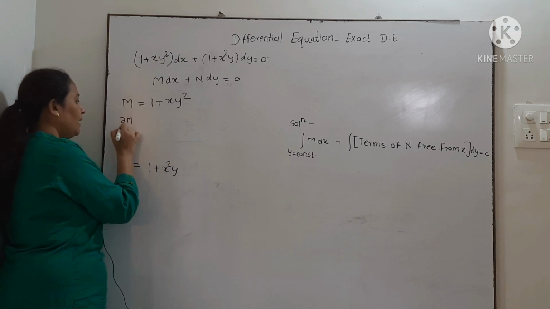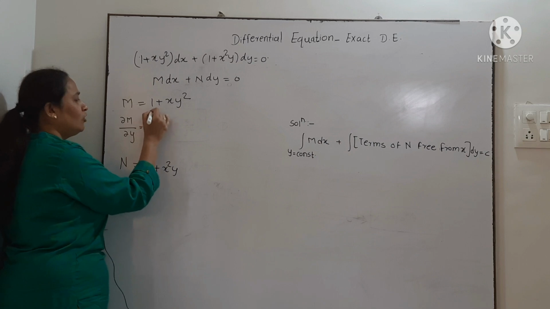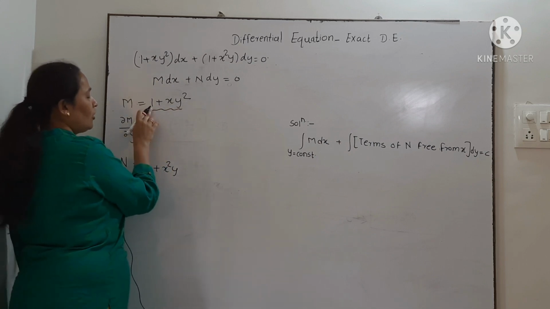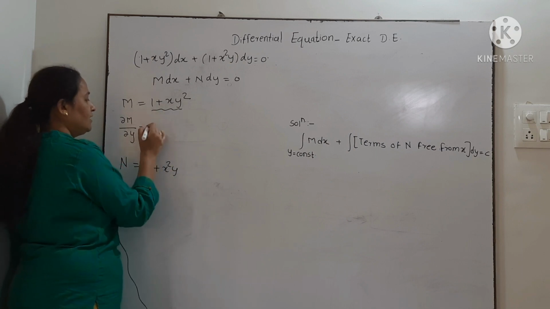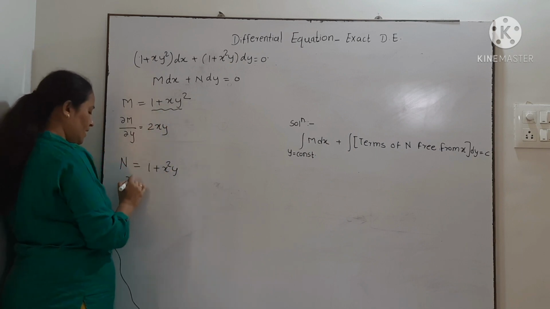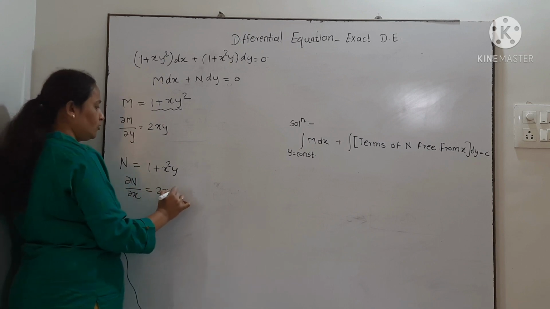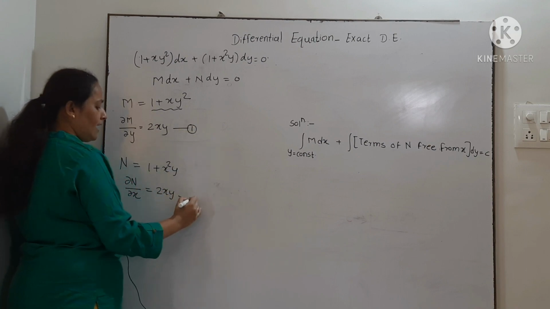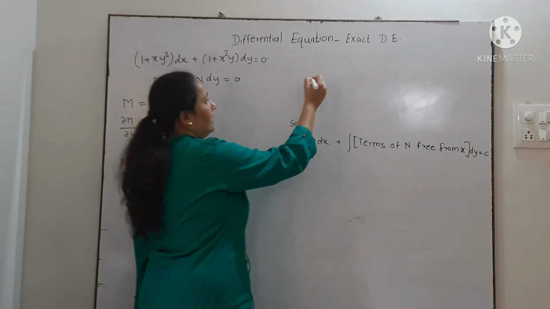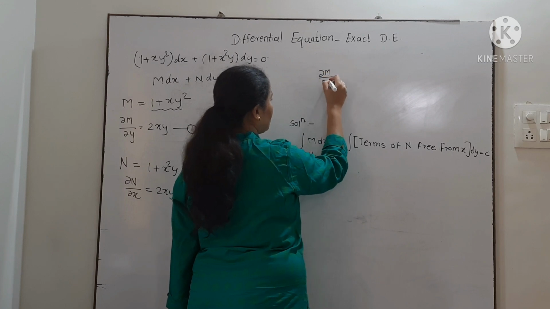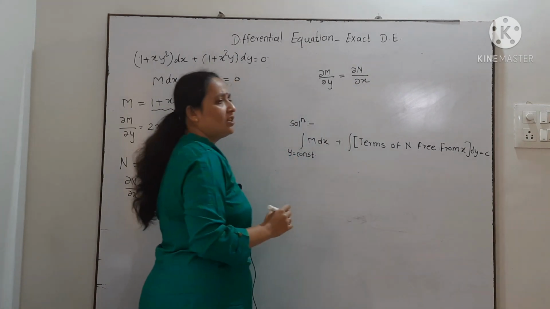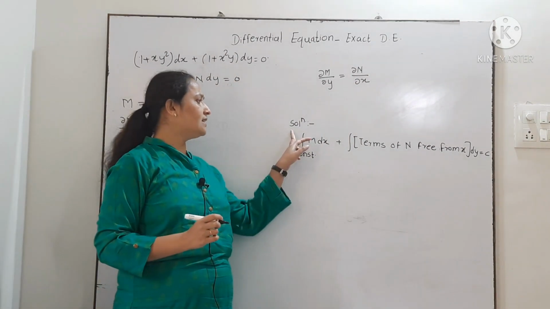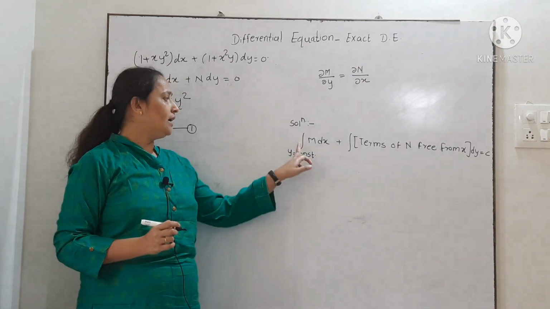Now, ∂M/∂y, that is the derivative of this with respect to y. 1 is constant, the derivative of a constant is 0. The derivative of y square is 2y and this x, so this is 2xy. Similarly, if I find ∂N/∂x, this is again 2xy. From equation 1 and 2, we can say that ∂M/∂y equals ∂N/∂x, which implies the equation is exact,